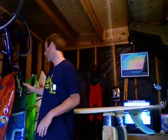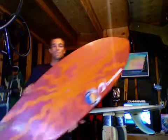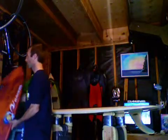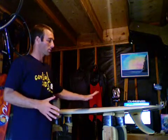I love riding twin fin fishes, and I love riding my quad fish as well. This is a twin fin fish that I ride, and I love it. Keel fin, especially on the days where it's not really shortboardable. You look out and you say, oh, I don't know, shortboard, a fish. You know you need a fish. So I love the fish, but the thing about the single fin that Nick kind of sold me on